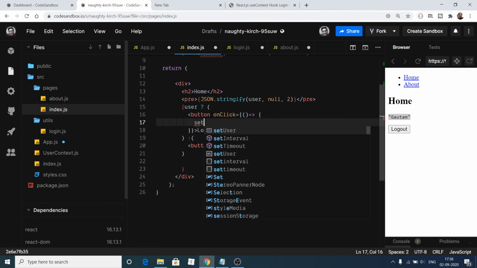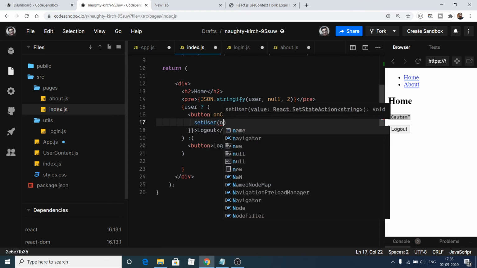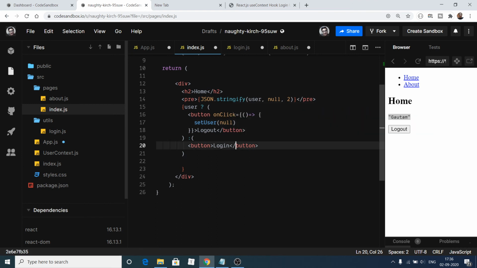So we will call set user and we will pass the value null. If I click logout here, you will see it will change to null here, and the login button will show.